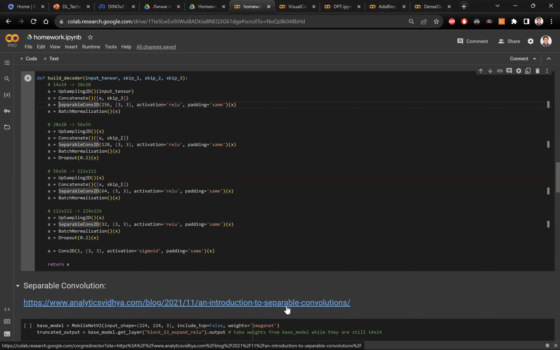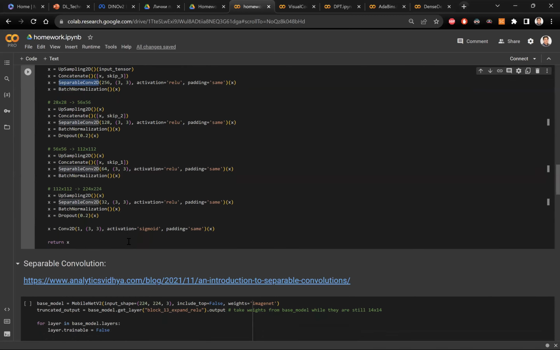It goes to each channel individually, so it doesn't connect channel by channel, and then after that it connects all the weights. You can see this in a blog post, and you can find online explanations for separable convolution. It also has its limitations, but its greatest strength is that you don't have many parameters that you